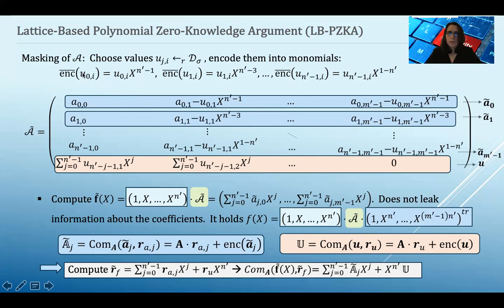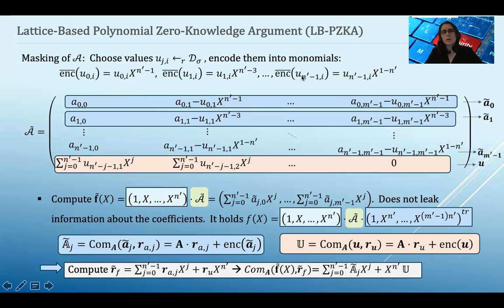So for instance, u_{0,i} is encoded into u_{0,i} times x^{n'-1}, then u_{1,i} is encoded into u_{1,i} x^{n'-3}. So u_{2,i} would be encoded into u_{2,i} times x^{n'-5}, and so on, until